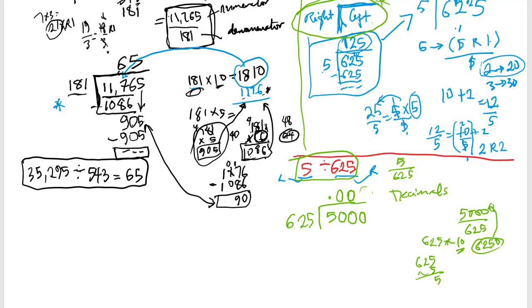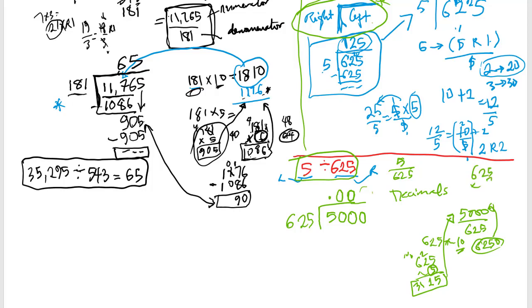625 times 5 is 5 times 5 is 25, right? 5 carry 2. 5 times 2 is 10. 10 plus 2, 12, carry 1. 5 times 6 is 30. 30 plus 1 is 31. So 3125. 3125 is significantly lower than 5,000. So we need a number that is as close to 5,000 as possible. So that means we have to go a little higher. So let's try